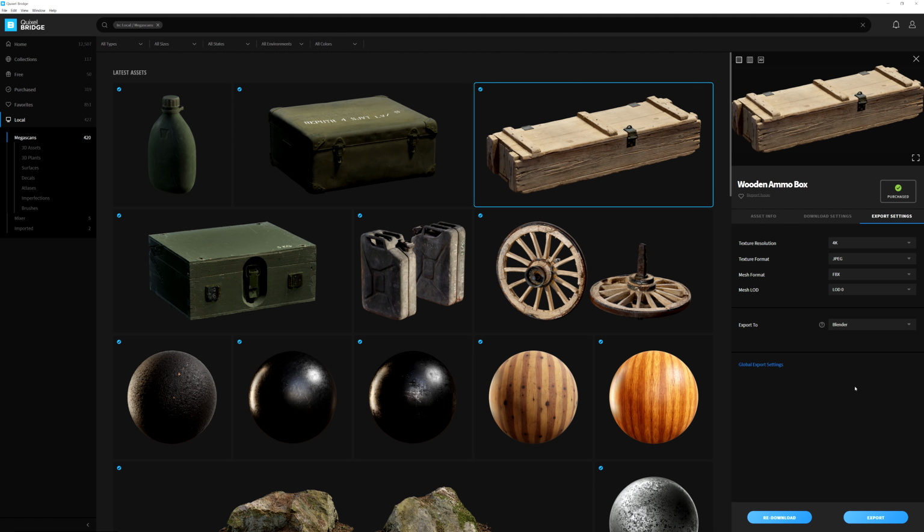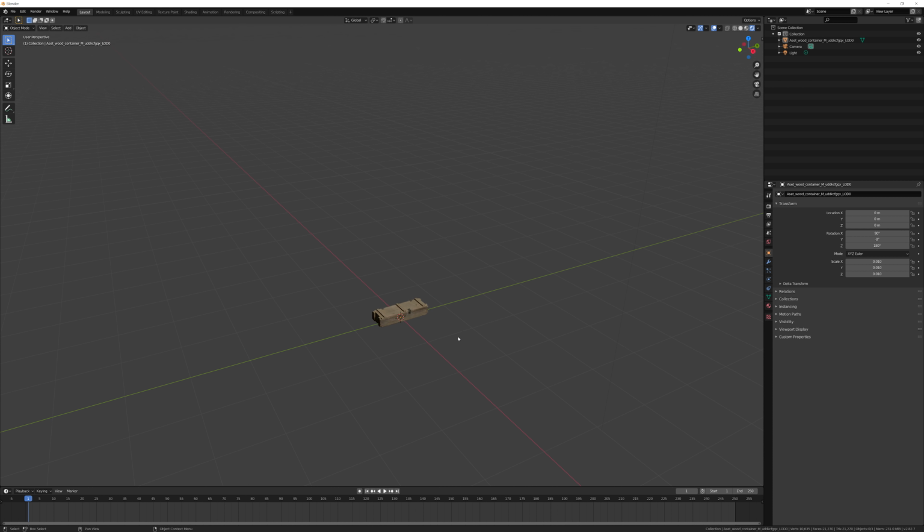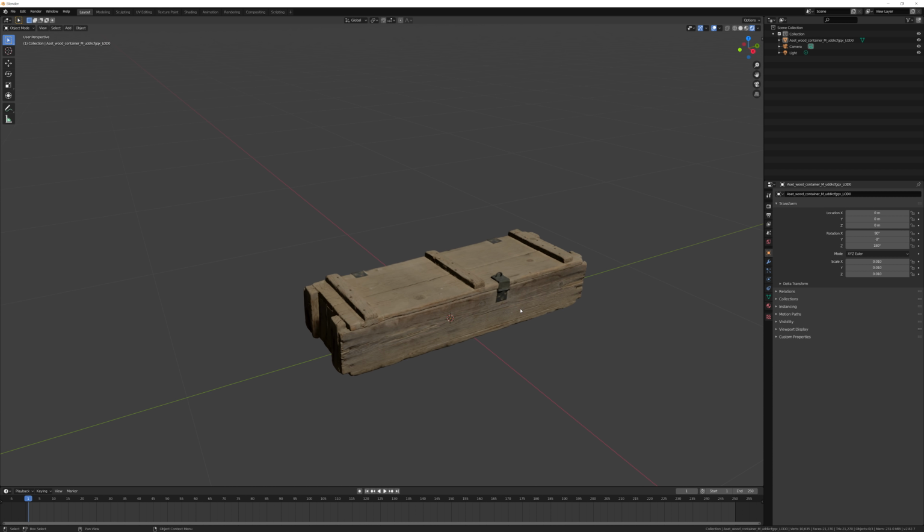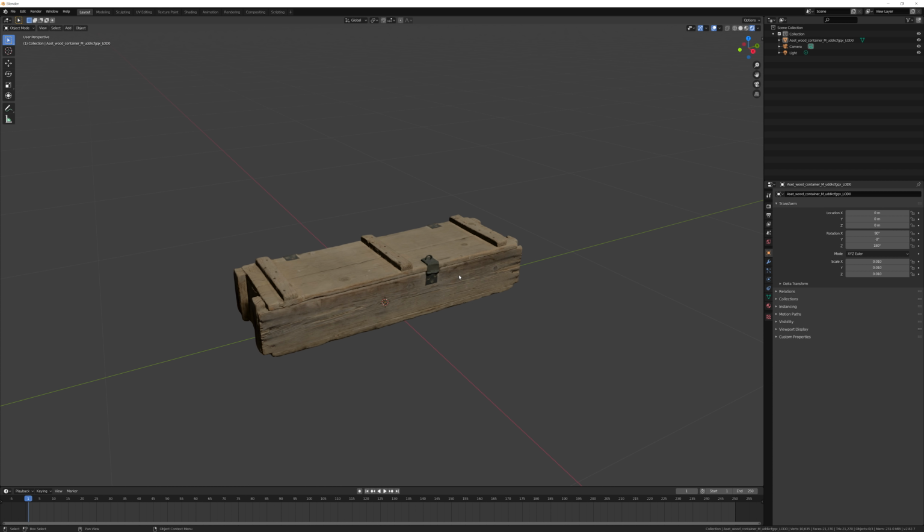So now that we're back in Bridge, all that we have to do is simply click on the export icon here in the bottom right. And you can see right here in the top right, we've been given a notification that the export process was completed successfully. So let's go ahead and jump right back to Blender. And as you can see here, the asset has imported into Blender successfully just within seconds. But what about taking it a step further and retexturing this crate to something of our own? Let's go ahead and jump on over to Quixel Mixer, where we can recreate a new texture for this crate.